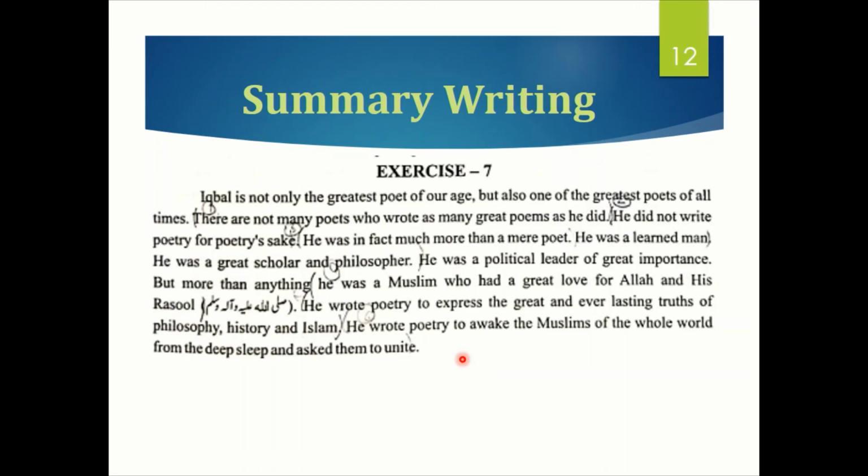So you see that in this paragraph, this is about our great poet Iqbal, but here, apart from being a poet, a lot of other qualities have been discussed. So we'll summarize this paragraph in a way that all his qualities should be in our summary, and not a single one is excluded. For example, he was a poet, he was a scholar, a learned man, a scholar.